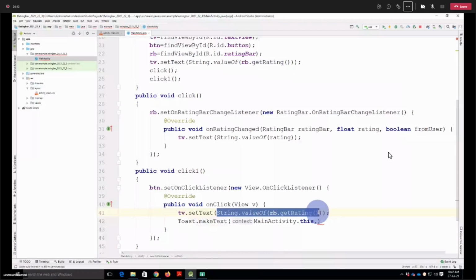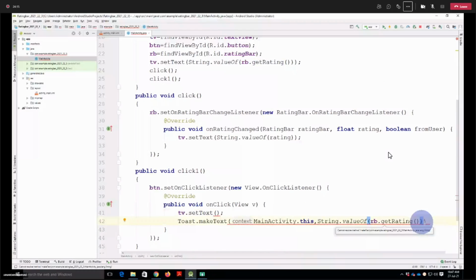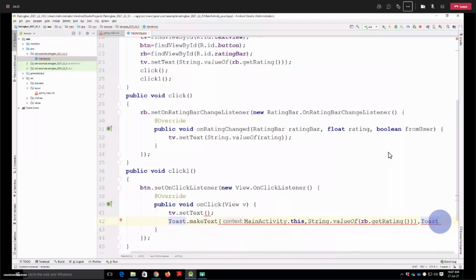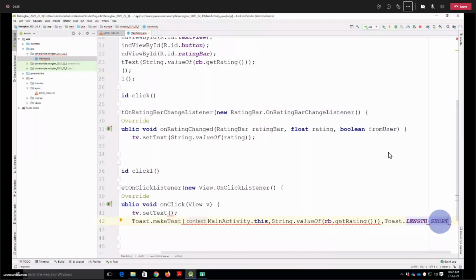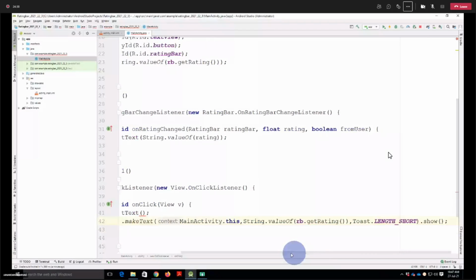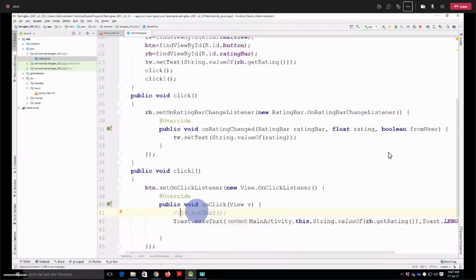We'll change it. Okay, so Toast.makeText, again there are three parameters: the context, then the message you want to print, and the third thing is the duration. For duration I have selected short.